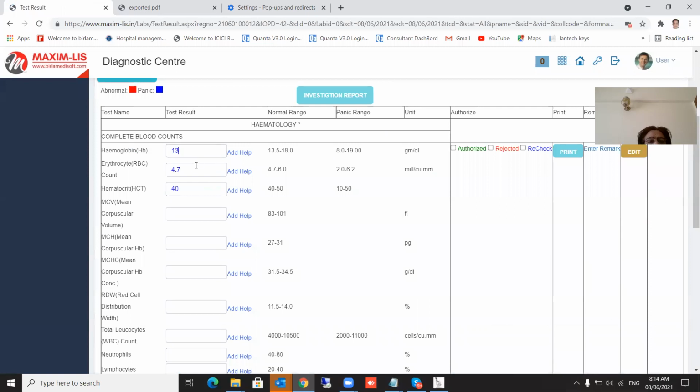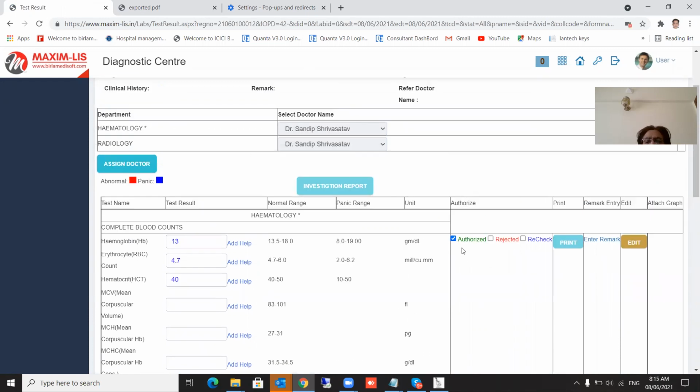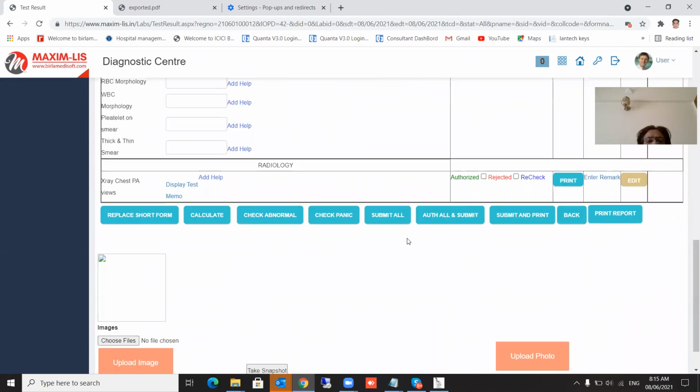Now the doctor has checked it and will say authorized. Here the button is automatically enabled for the doctor. If they want to authorize everything in one command, they can say authorize all and submit. That is also possible. The doctor has done the authorization.